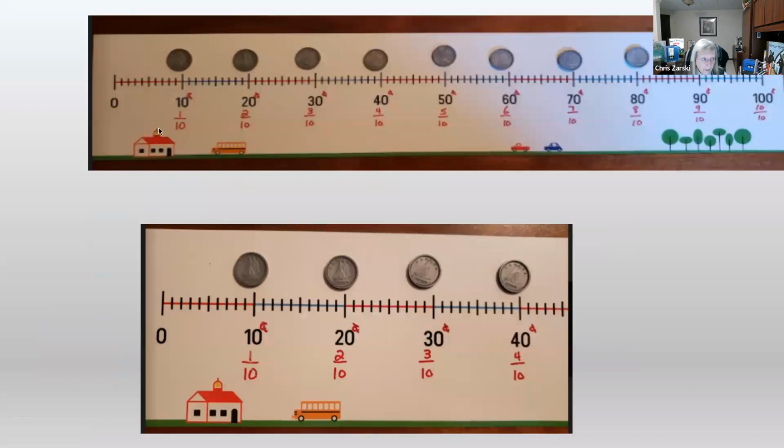So when we do this work, that first important stop from 0 to 10 cents, this is my first out of 10 hops, my first 1/10 hop, my first dime out of a possible 10 that I'm going to have to hop along the way. Is it a part whole? Yes, but we haven't named it that.